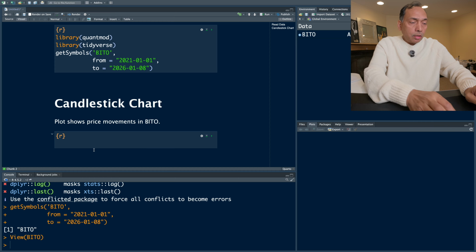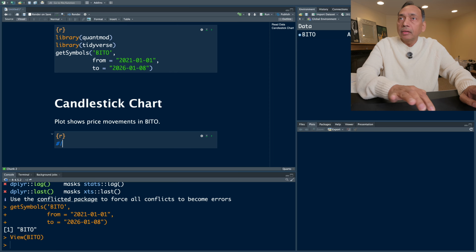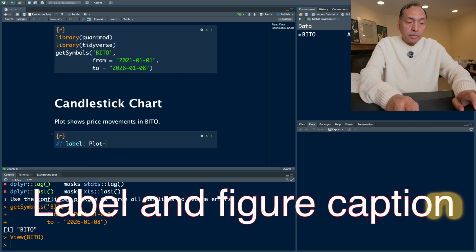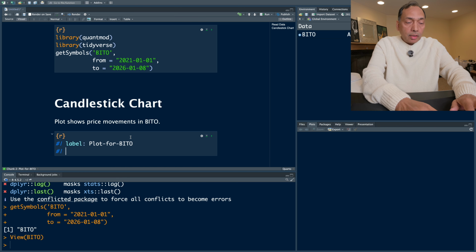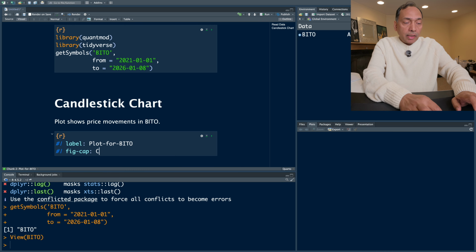Before I insert the code, I'm going to put some more information. So hash and vertical line, we are providing a label like this, plot-for-BITO. Another information we can give is fig-cap. So candle